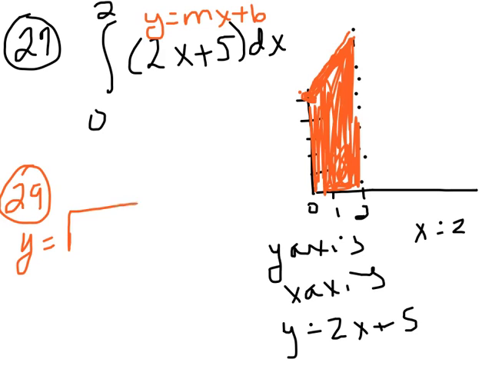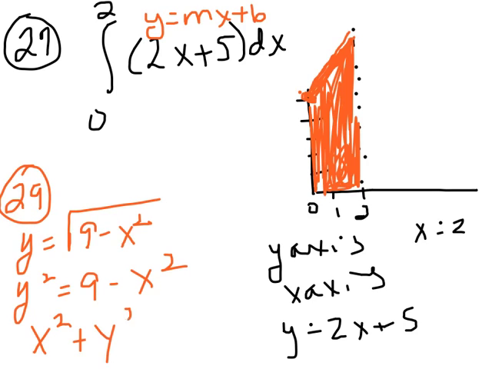You have to translate it over here and think, if I squared both sides, I'd end up with y squared is 9 minus x squared. And if I move the x squared to the other side, isn't this what the equation of a circle looks like? x squared plus y squared is 9. So what this is, it's the upper half of a circle